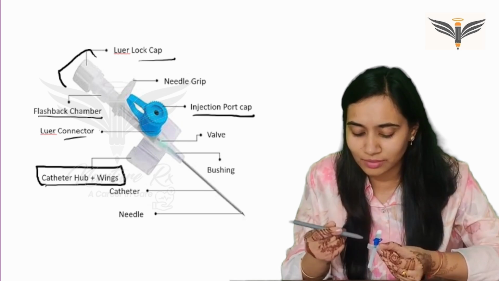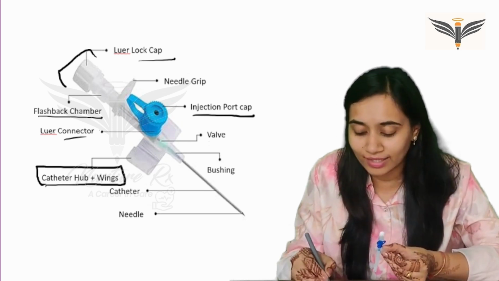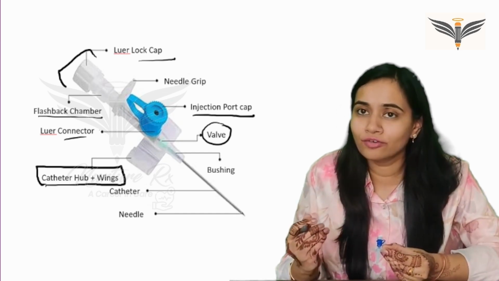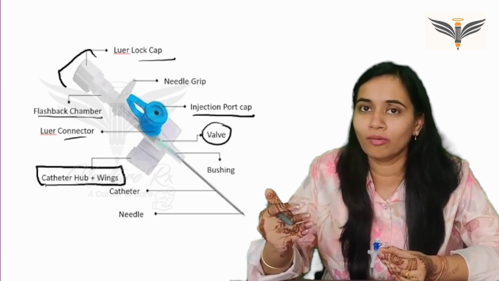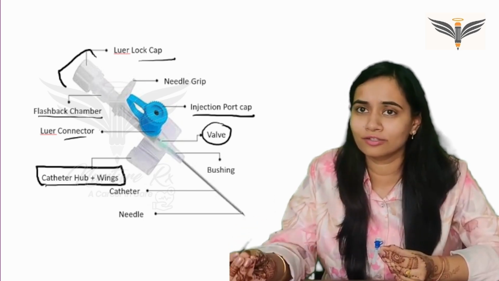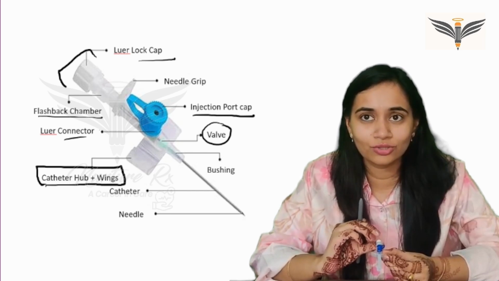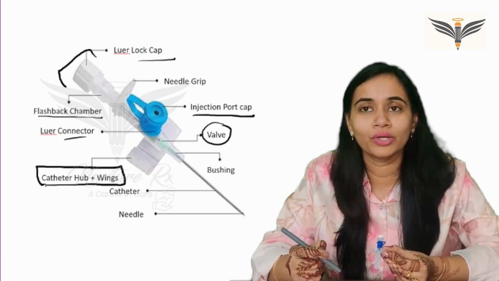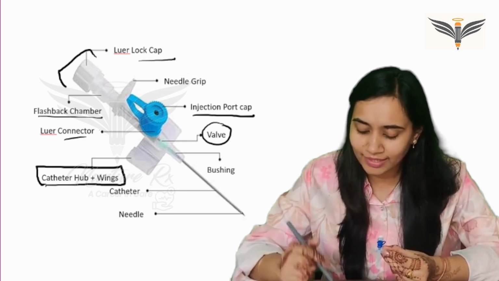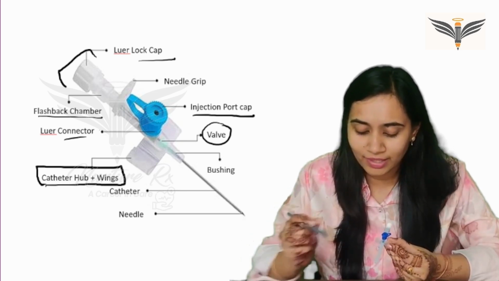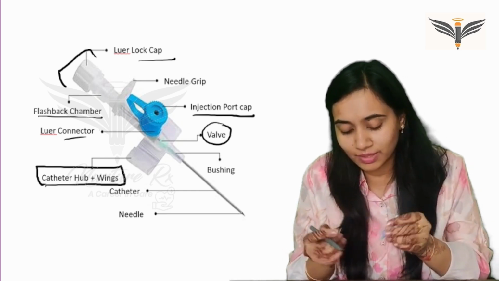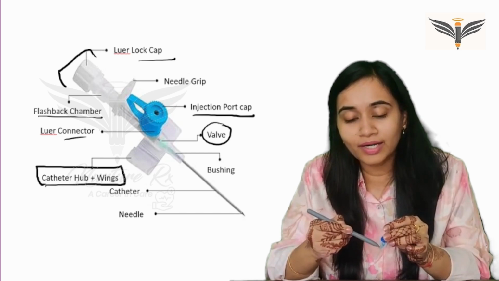Now going further proximal is a very short space here and it has a valve. What does a valve usually do? Your valve regulates the flow of fluid. Wherever this valve is present, it regulates the flow of fluid. So in this cannula also, whatever fluids are going inside or coming out, it regulates the flow of those fluids. Right? Now, coming to the next part, you can see the bluish part, if it is visible here, this bluish part is the bushing.